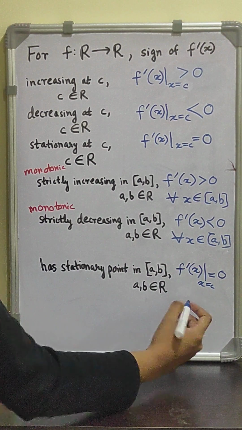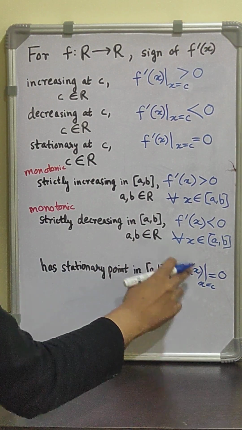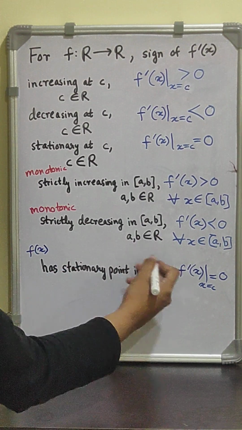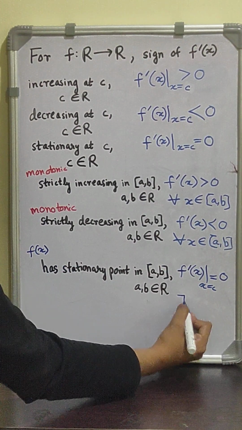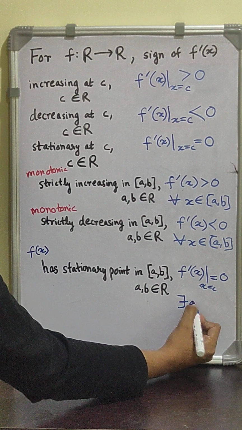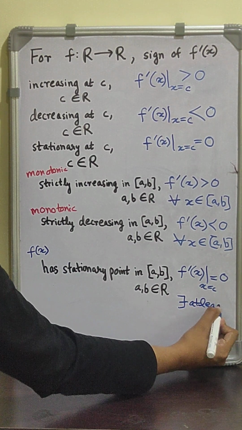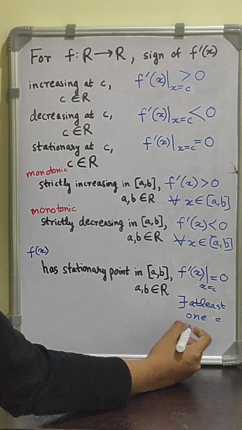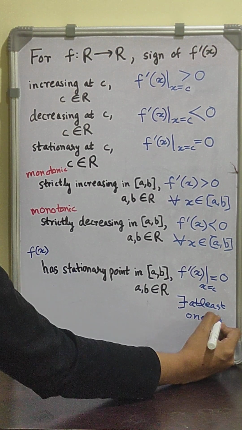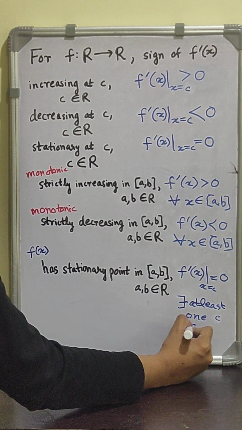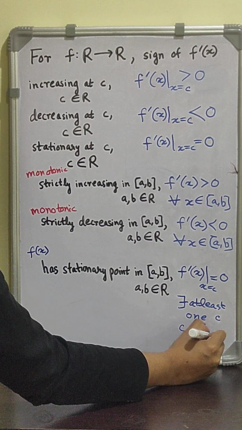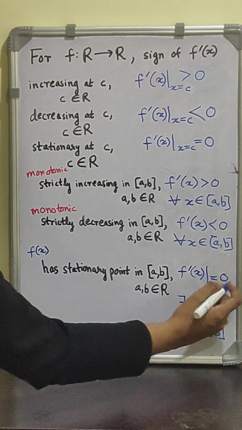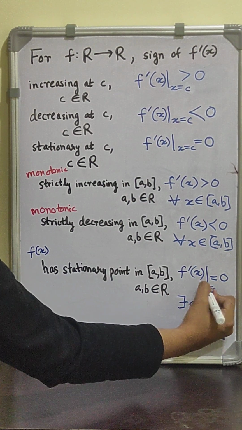But for an interval, I'm going to say that f(x) has a stationary point in this interval if there exists at least one c, where c belongs to this interval ab, such that at c f prime x is 0,